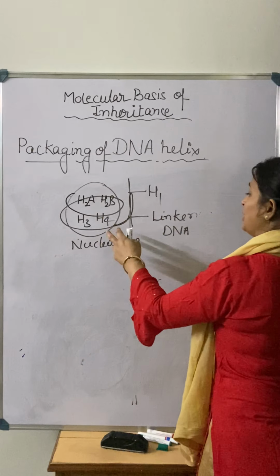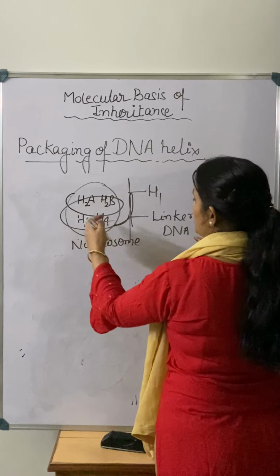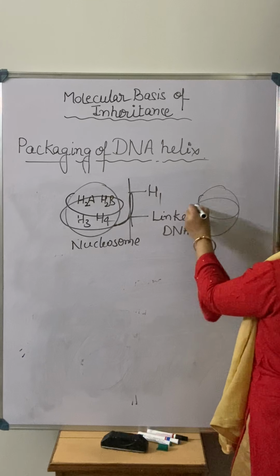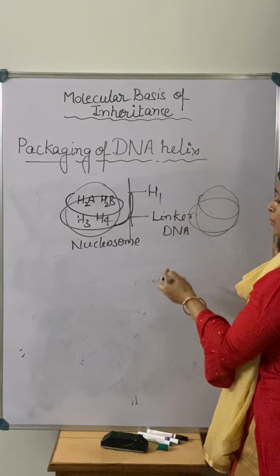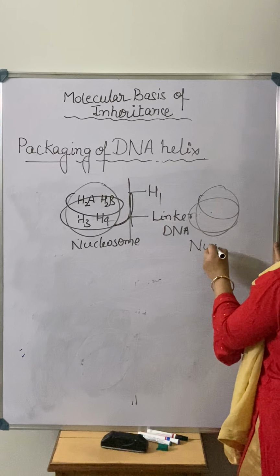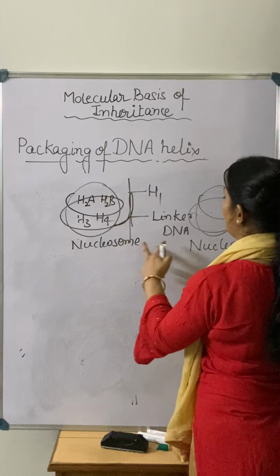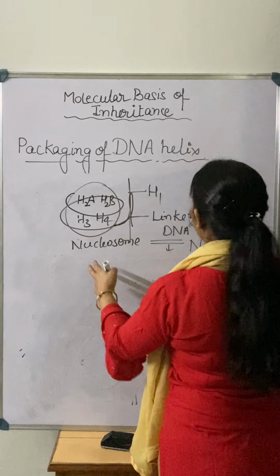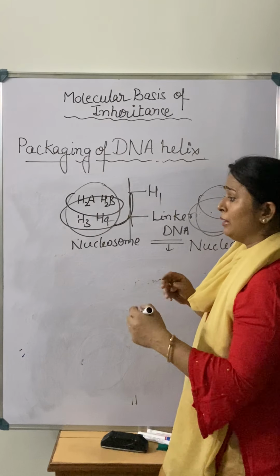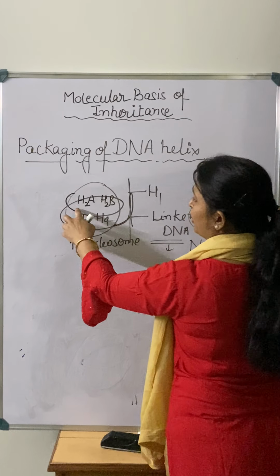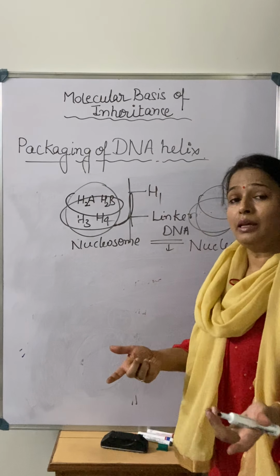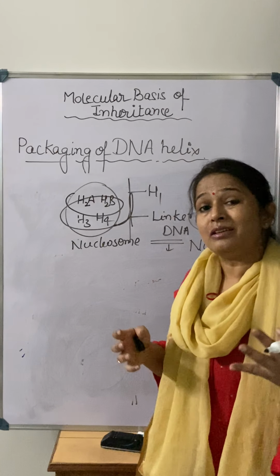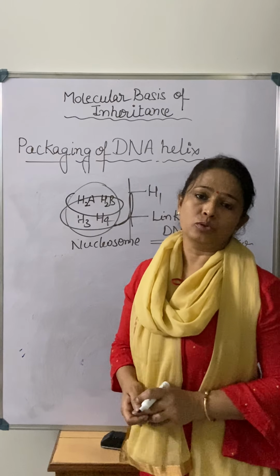Now, between this what happens? This is the one nucleosome. In the same way there is a formation of another nucleosome, and again there is a wrapping of 200 base pairs of DNA. So this is again a nucleosome. The connection between two nucleosomes is done by this linker DNA, right? So this nucleosome is formed, and now you can see over here there is protein plus DNA, and protein and DNA form the chromosome. So actually chromosome is the repeated unit of the nucleosome, right?